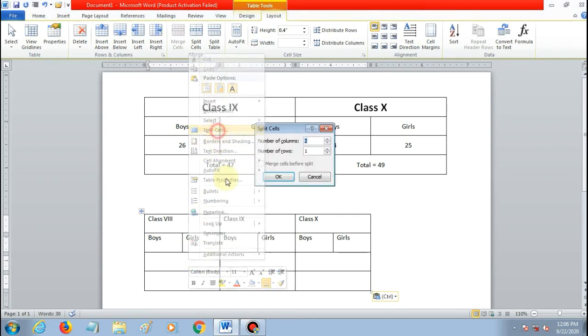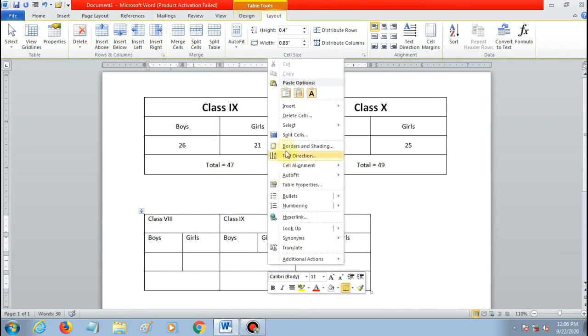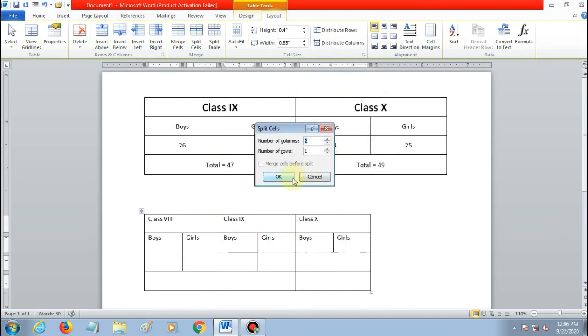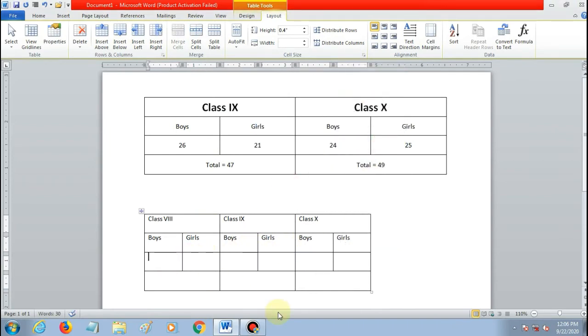Here also we need to split. Write the number of boys and girls. Then total students.